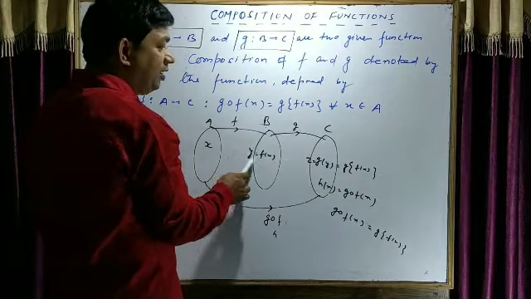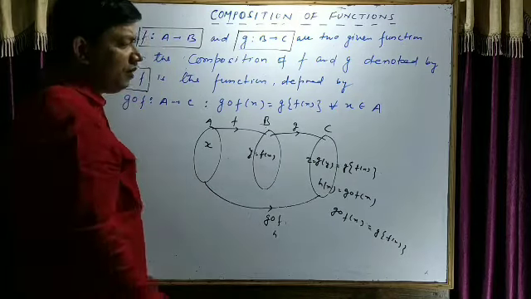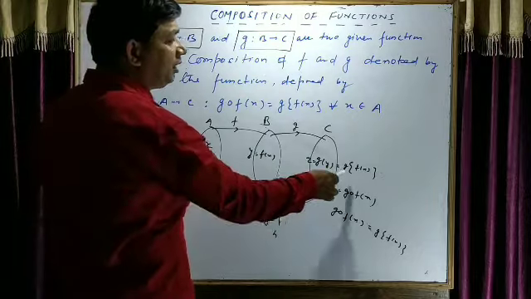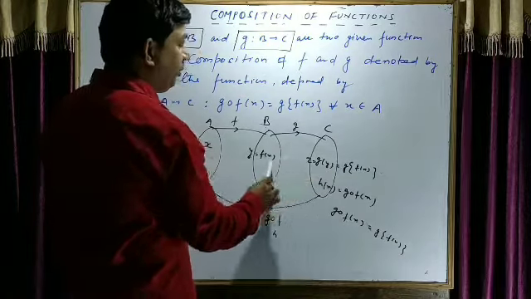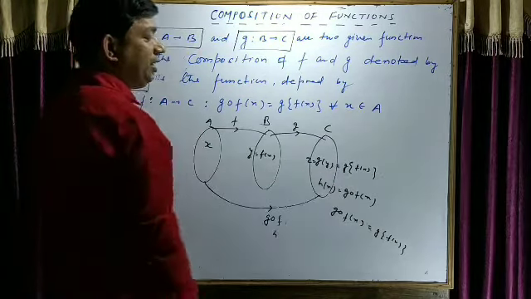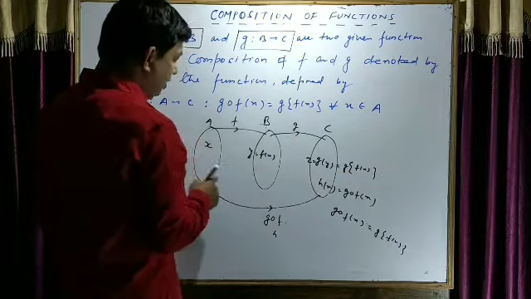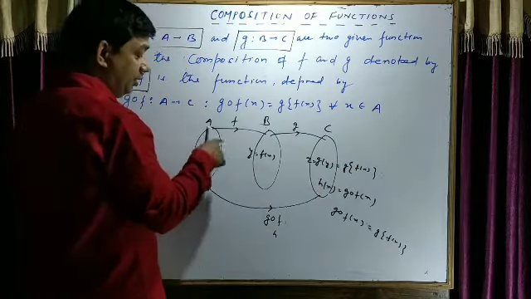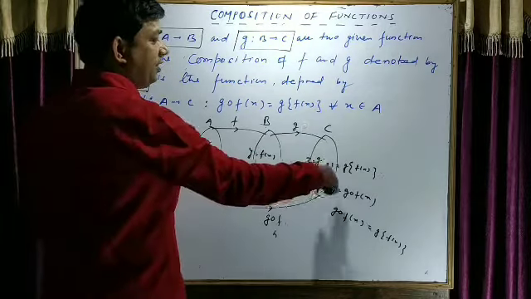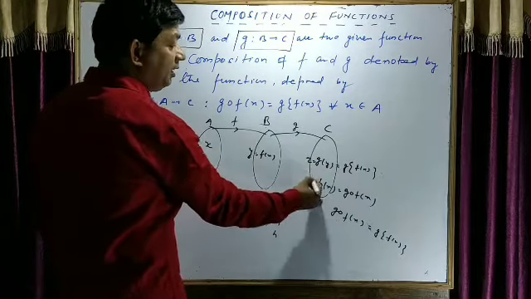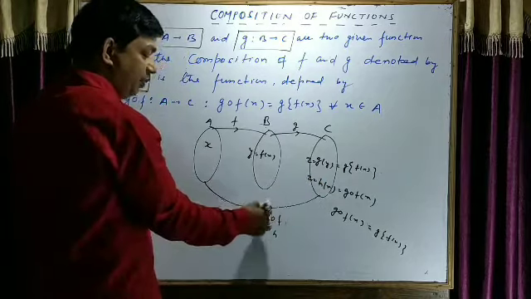g of y is equal to z. So g of y equal to z, then in place of y we write f of x. So the value of z is g of f of x. And here also, if set A contains x and set C contains z, then in place of g o f